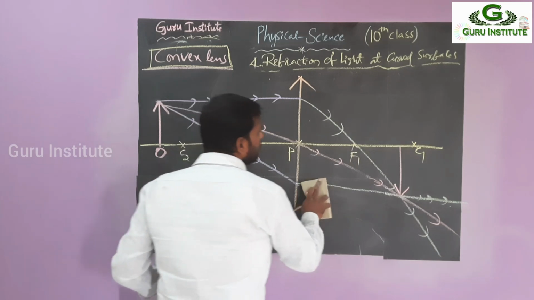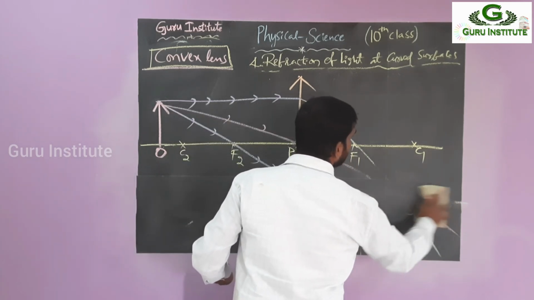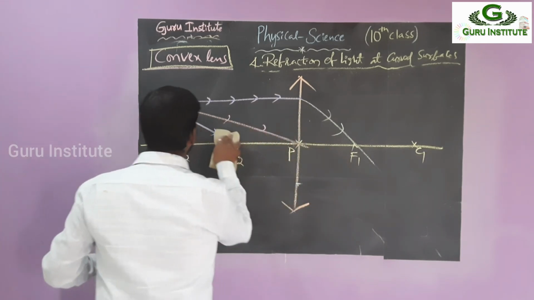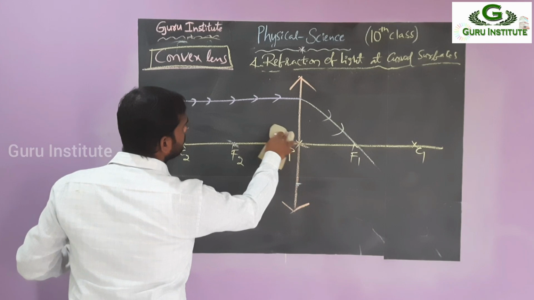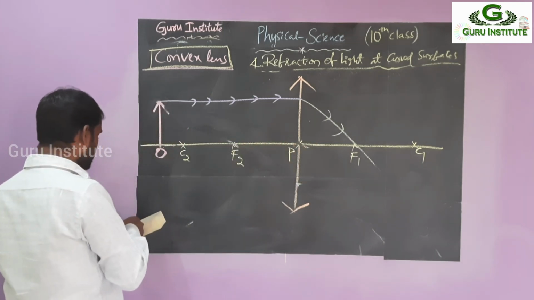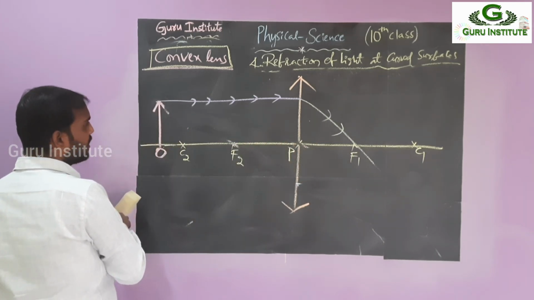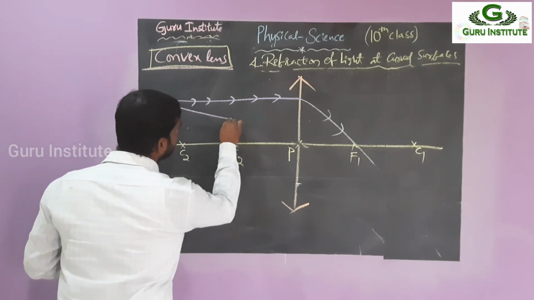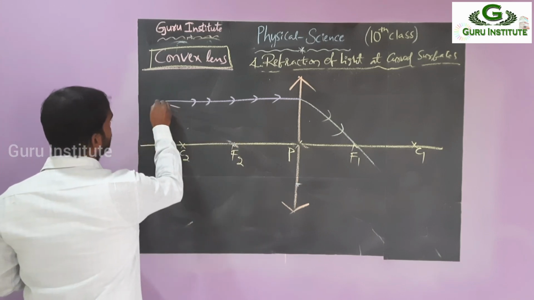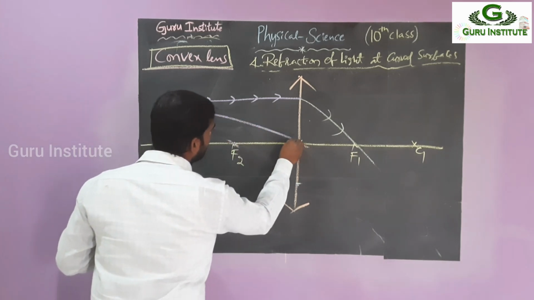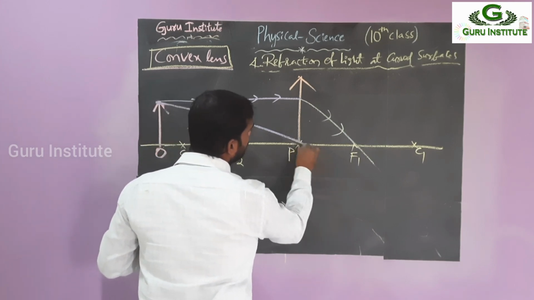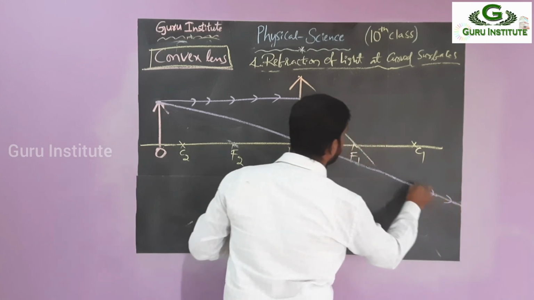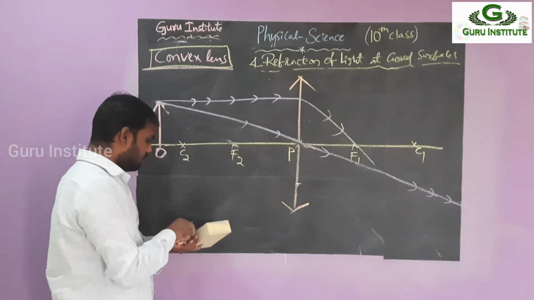Okay. So now we have to see this picture again by taking the pole. Right. So next, what is the top? Passing through the pole. Just use your scale to draw this one. Passing through the pole, there is no deviation. It would be more like this. Passing through the pole, no deviation.